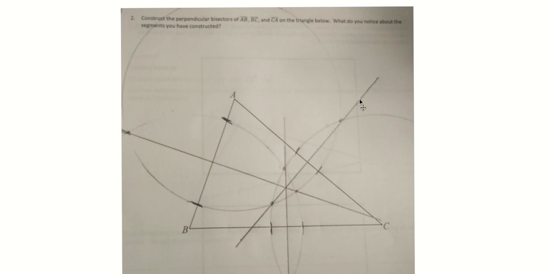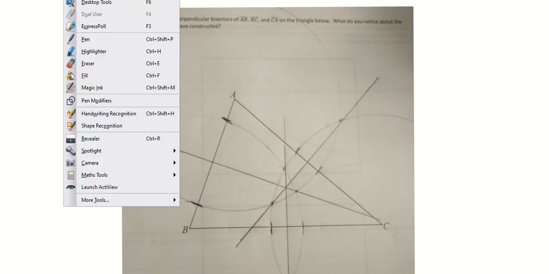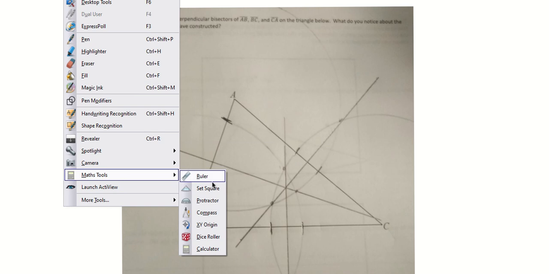So you can see that the bisectors here actually all intersect at one point, which is referred to as the circumcenter. So great job on this one. And the cool thing about the circumcenter, we'll get into that a little bit later, is